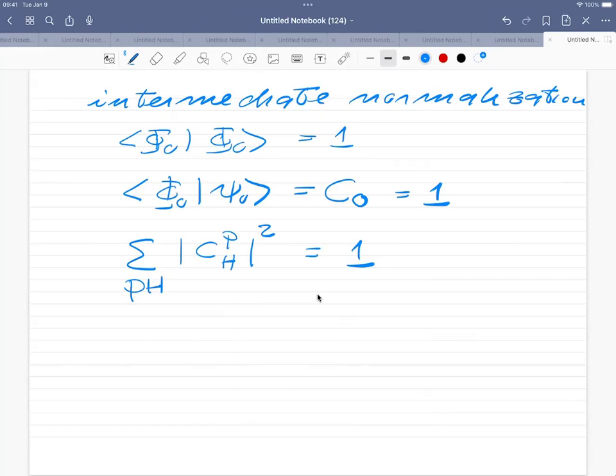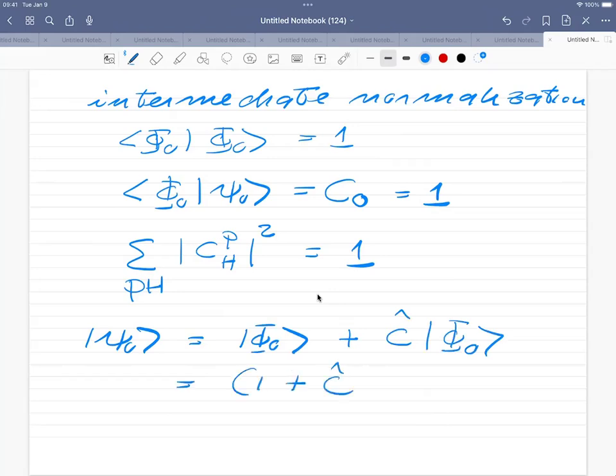So that means that you can rewrite psi 0 in terms of phi 0 plus an operator, which I'm going to call C, acting on phi 0. So which is 1 plus C acting on phi 0. And this operator C is now simply given by one particle, one hole, so the C_a^i of this operator a_a^† a_i,